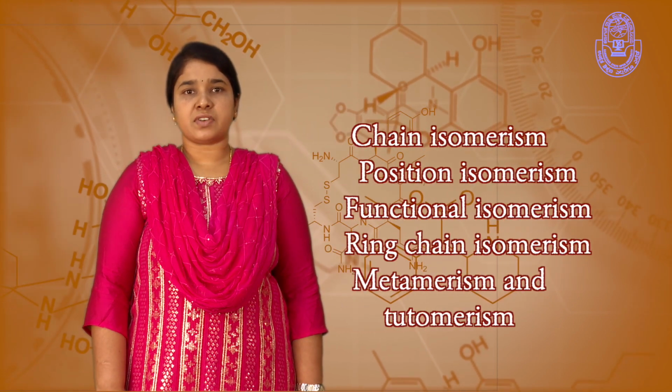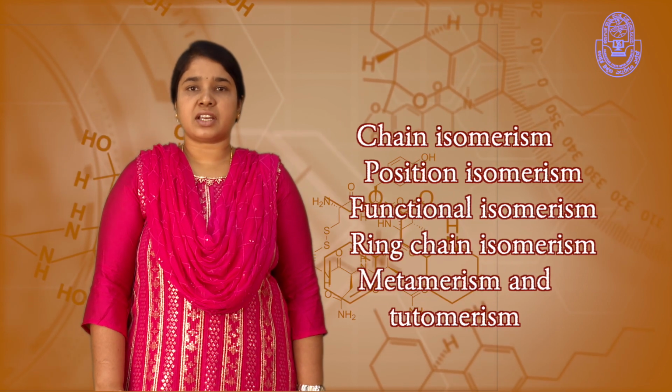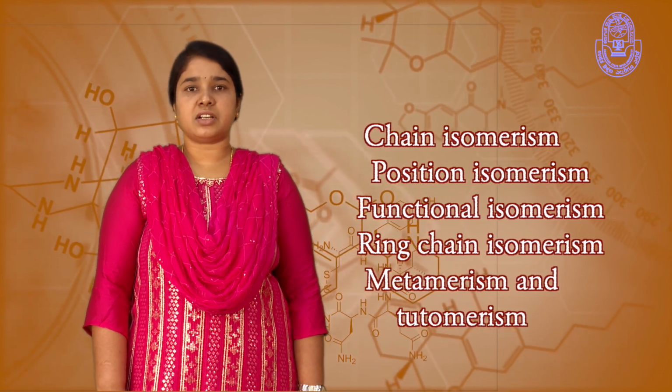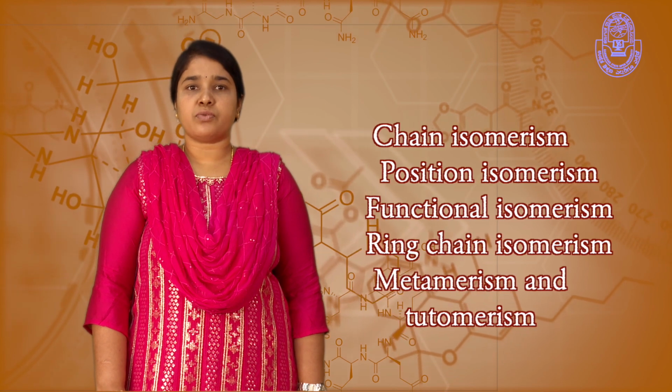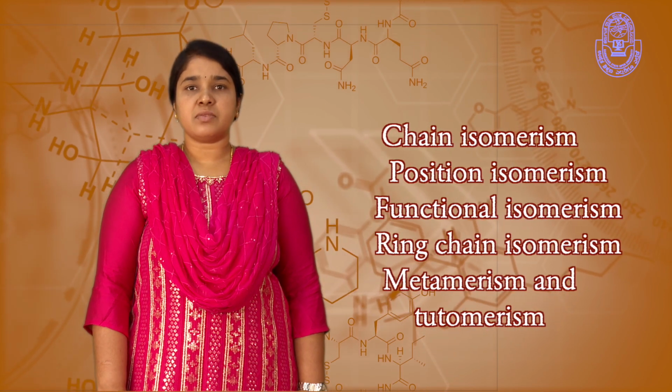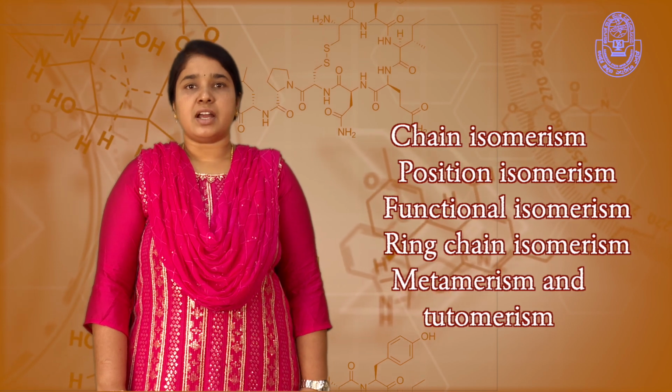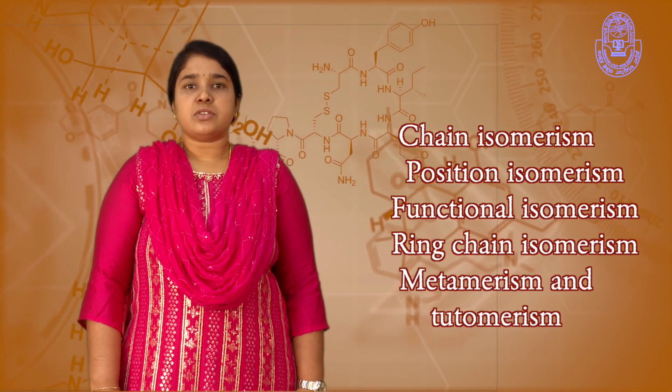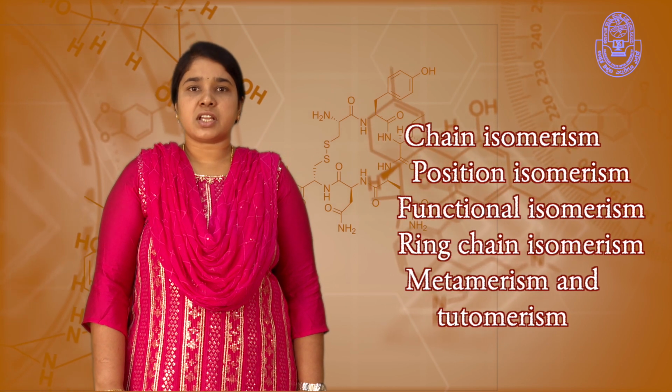They are: the first one is chain isomerism, the second is position isomerism, the third is functional isomerism, the fourth is ring-chain isomerism, the fifth is metamerism, and the last one is tautomerism. So these are the types of structural isomerism. First is chain isomerism. In this type of isomerism, the compounds possess the same molecular formula but differ in their properties due to the difference in the arrangement of the carbon chain present in the